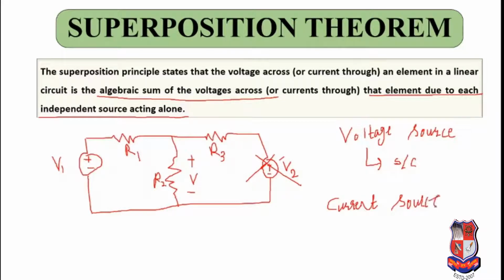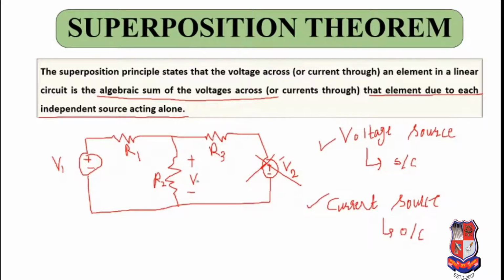Only then can you say that the source is removed, because for a voltage source, when both the potentials become the same, it is short circuited, so the voltage will be zero. And when will the current be zero? Current is zero only when there is no path for the current to flow, and that can only occur in the open circuit case. So I hope you have understood how to remove sources.